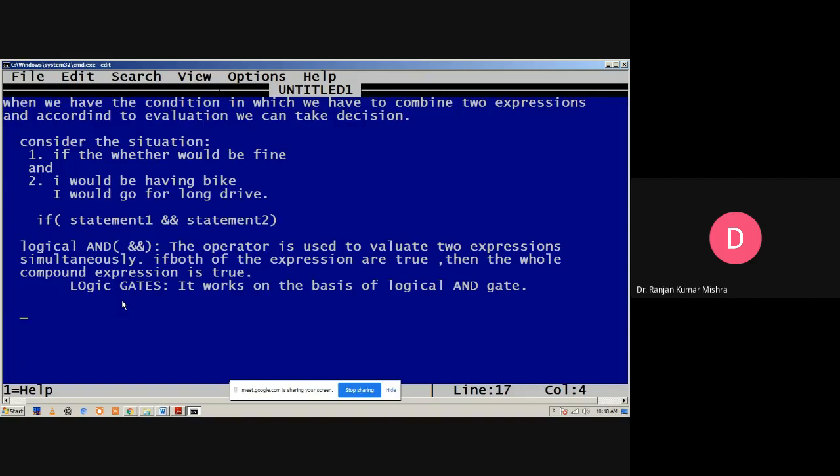Next is the logical OR. What will be the sign? This is the sign.